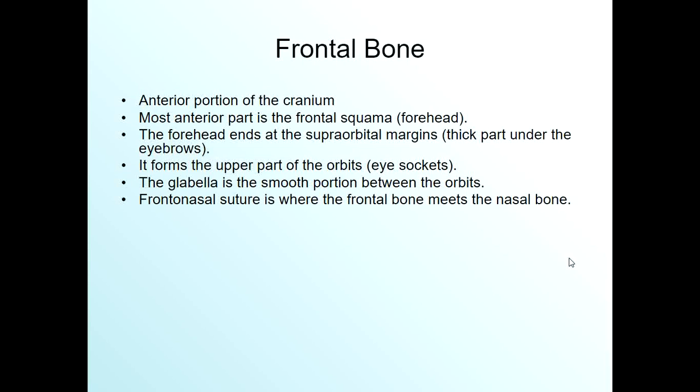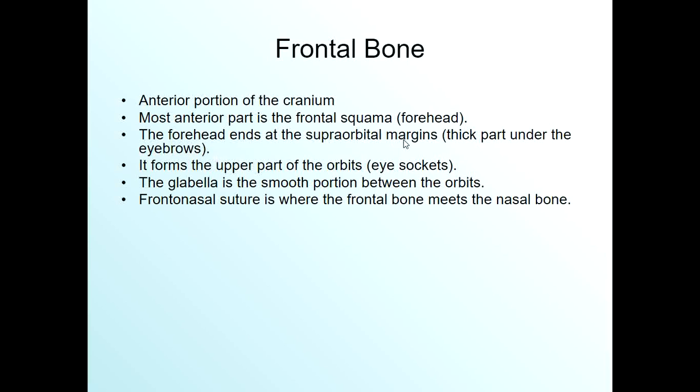So the very anterior portion of our cranium is made up of the frontal bone. Basically, it's our forehead, but your forehead actually goes back farther than just what we see. It goes under your hairline. And the very, very front part or anterior part is called the frontal squama, which is what we know of as our forehead. Right where your eyebrows are found, there's a thick area of bone that's known as the supraorbital